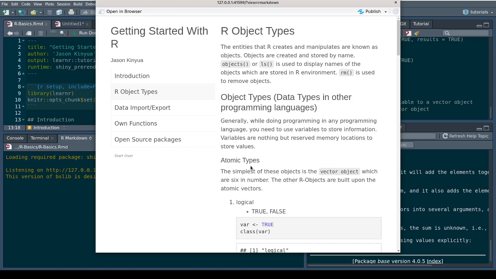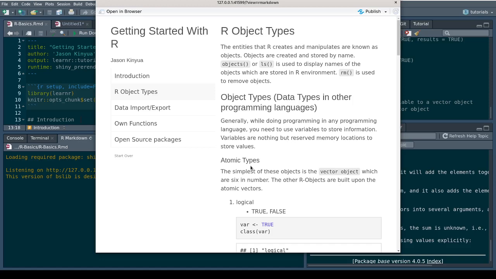In an object oriented programming language like Python, an object would mean an entirely different thing. But in R, an object is simply an entity that R manipulates. So a function in R is an object.